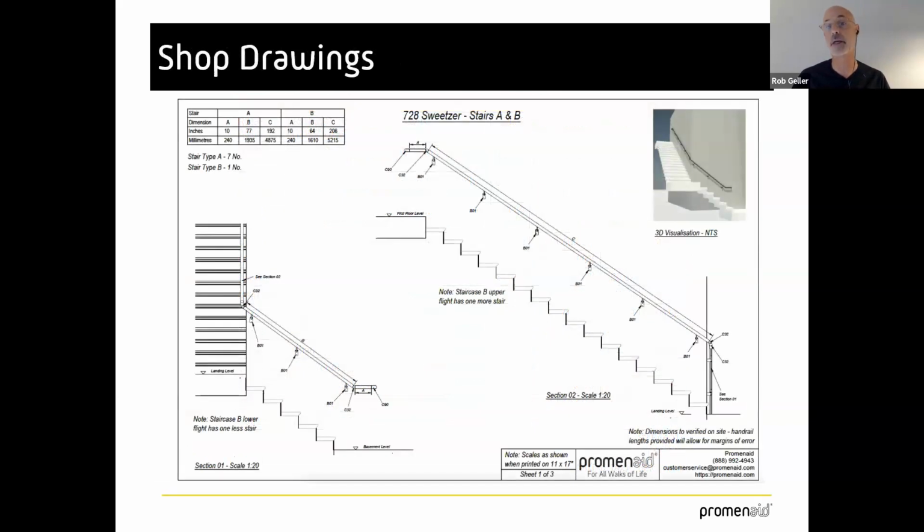And then if the job is accepted and we're awarded the contract, we provide the shop drawings for the installers as just a standard procedure. And they have our phone number. They call us from the job site if they need. And also,